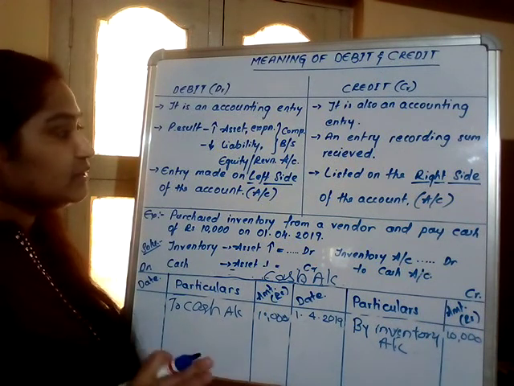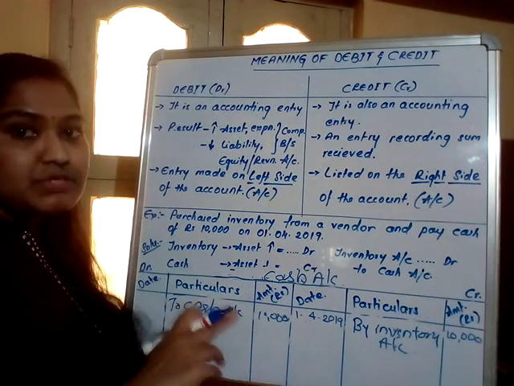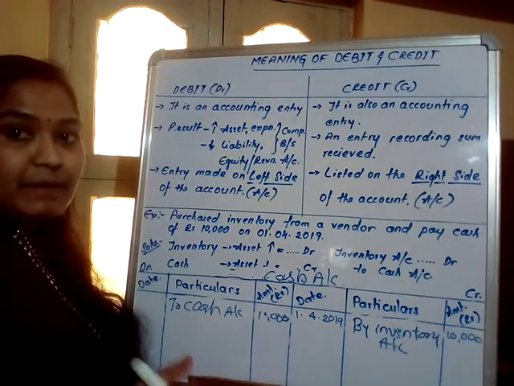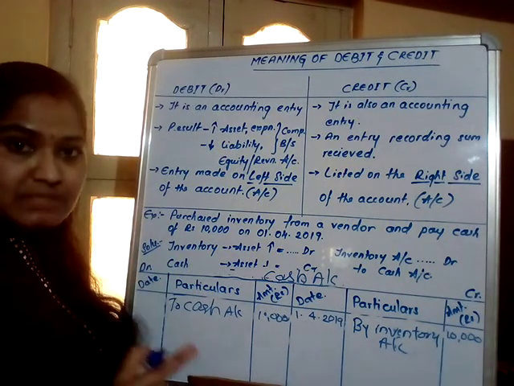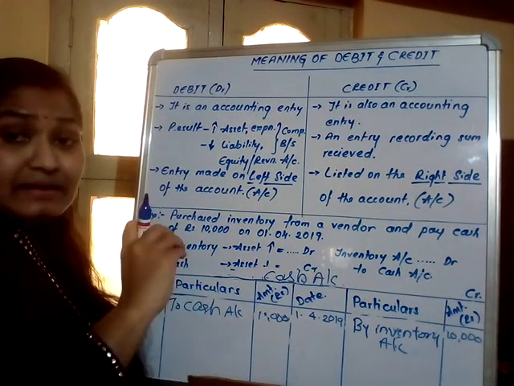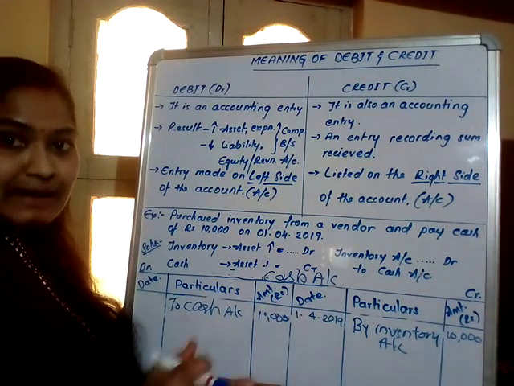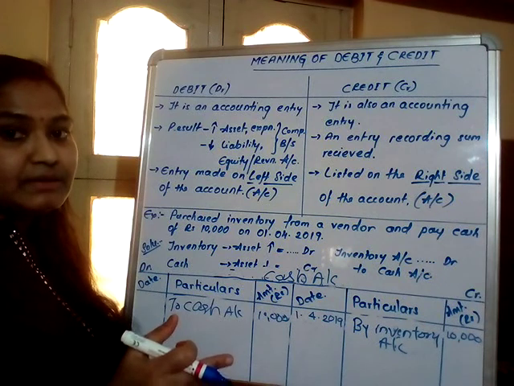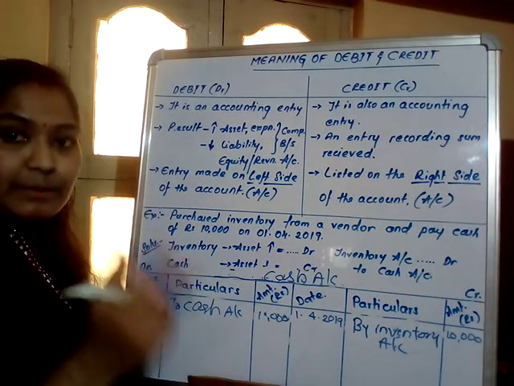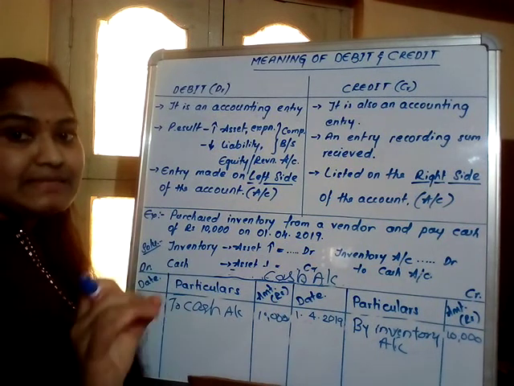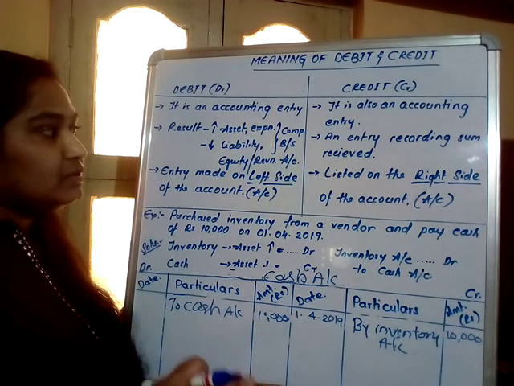Once again, one thing I want to tell: for the rules of debit and credit, on the modern approach and also the traditional approach, I made videos. The link will be in the description box. You can go through it because it will be helpful to analyze the transaction and helpful to post it into the ledger account. For that reason I am telling you, just go through it and try to understand the concept of the rules of debit and credit. This will be helpful to analyze and post the transactions.